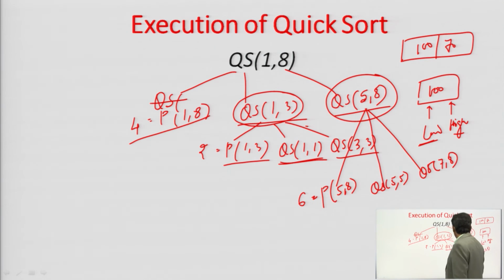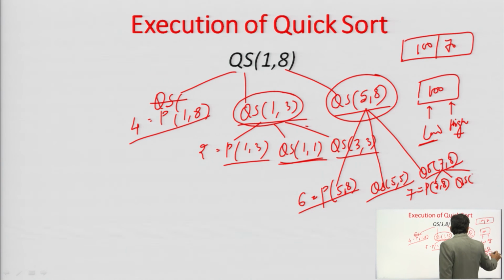Okay. Now, this will finish, then we will take this one. Here low is equal to high, we will stop here because it has only a single element. Then we will pick this one, it has 2 elements, so partition will be done. In the first partition, we will take 7 to 8, and let us say partition returns 7. So now we will call quicksort from low to j minus 1, and then another quicksort from j plus 1 to high.